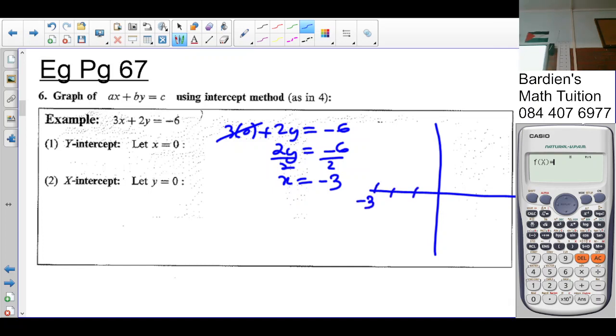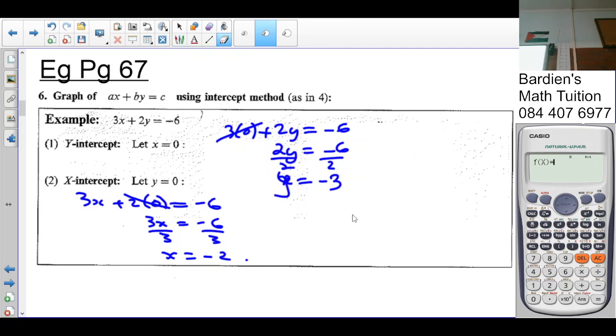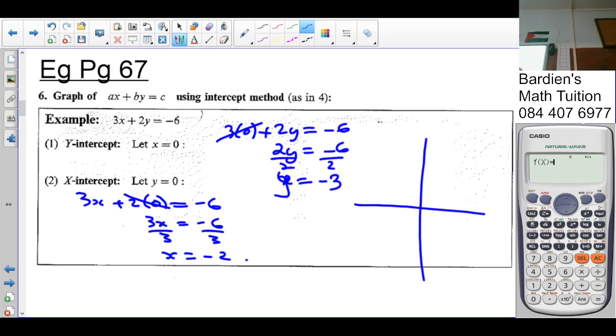Then you go y-intercept with x equal to 0, x-intercept with y equal to 0. So it's 3x plus 2 times 0 equals negative 6. That gives you 0. So 3x is equal to negative 6, divided by 3. X is negative 2. Whoops, this is a y. Okay, so that's my mistake there. So it's minus 1